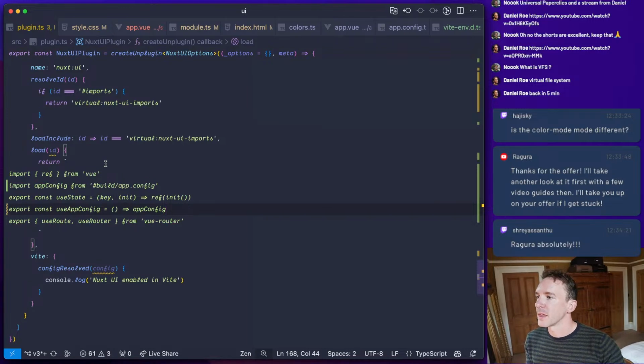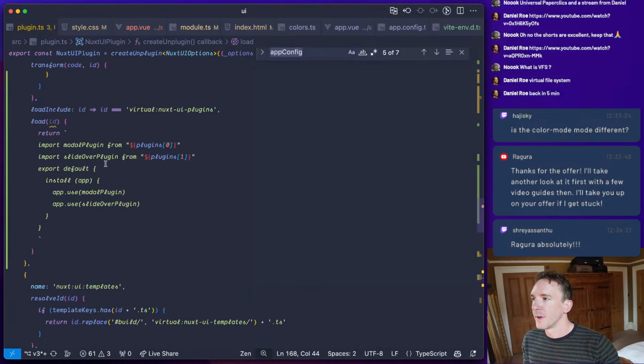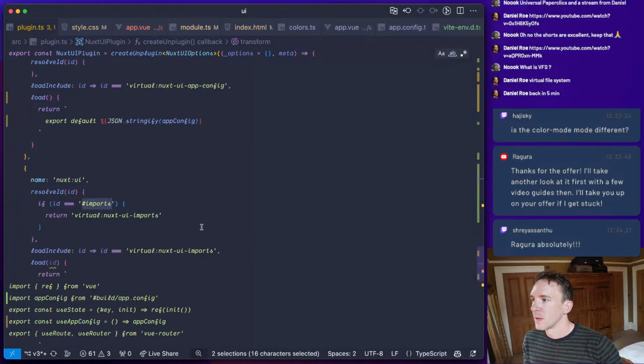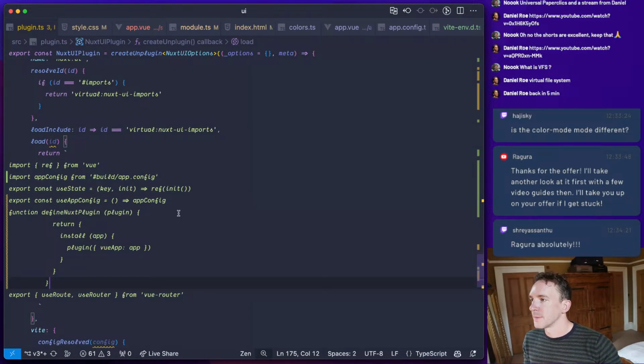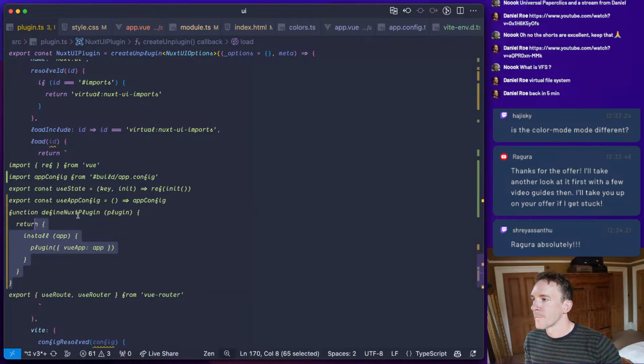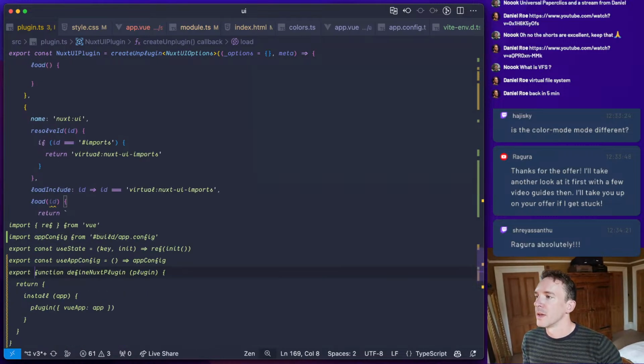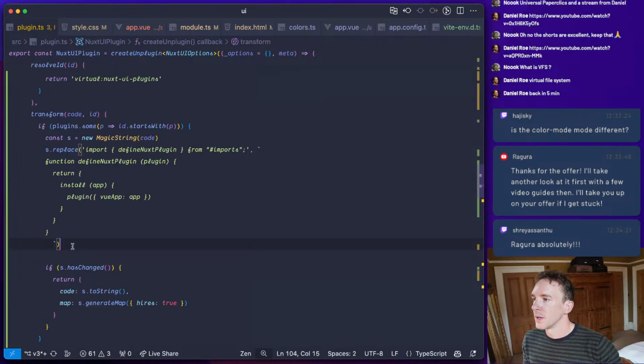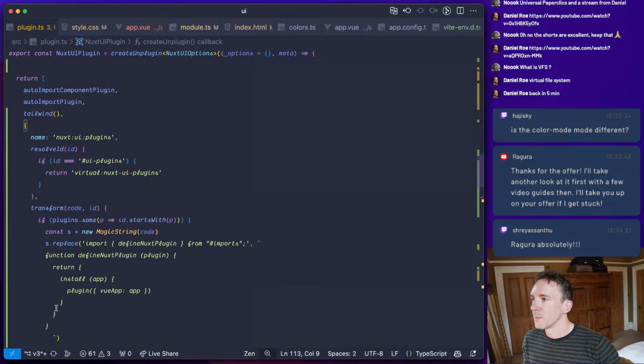Okay, so basically at the moment we define nuxt plugin as this, but we actually just need to update that in our imports bit here. And we would do it like this. Okay, so that way we don't need to specifically add this code. We might still need to do some other things, but I think we should be able to.